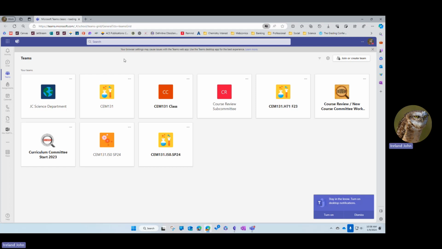All right. So the Teams page is where you kind of start at. Now it's going to ask you a couple of things. It's going to say, do you want to turn on desktop notifications? That's up to you whether you do or not. It's also going to say here at the top, your browser settings may cause issues with the Teams web app. Use the Teams desktop app for the best experience. Learn more. So if you were to click on that,